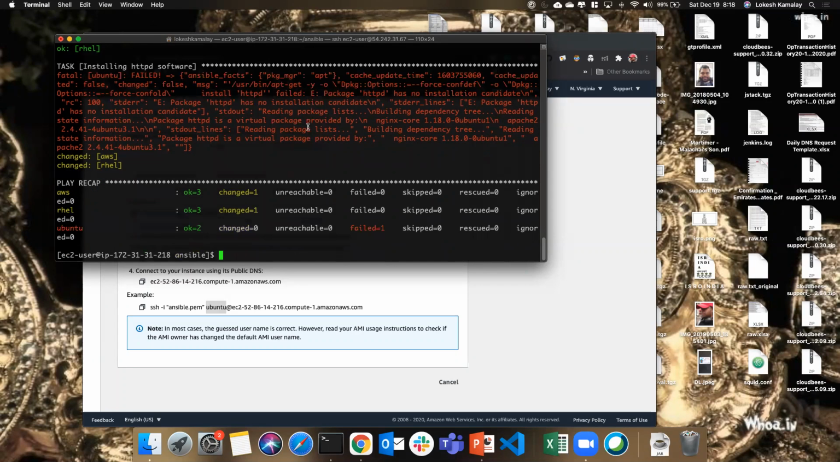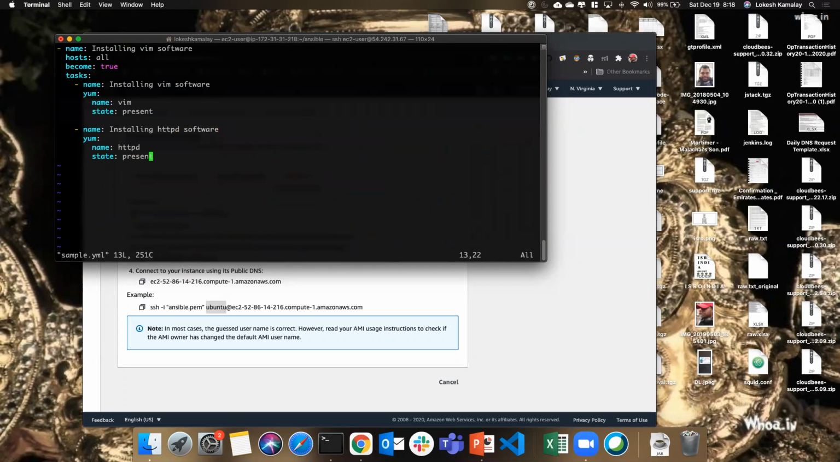Okay, so now how am I going to tackle this? Here, in installing HTTPD software, I am going to use the when condition. What is the when condition? It's like an if statement. We have seen if in a bash script, right? If this, do this. If not, don't do that. The same way, the Ansible way of mentioning a condition is when. So now here I'm writing when